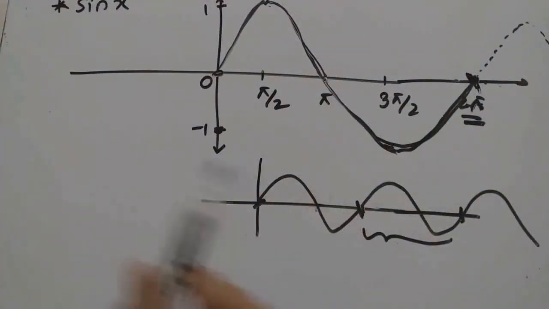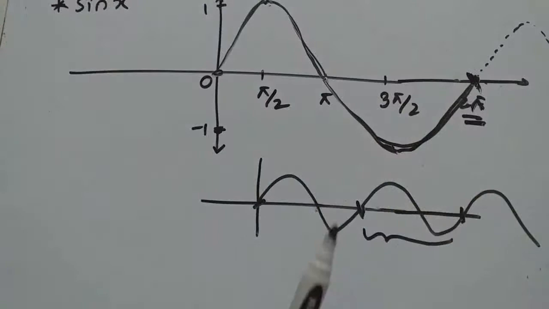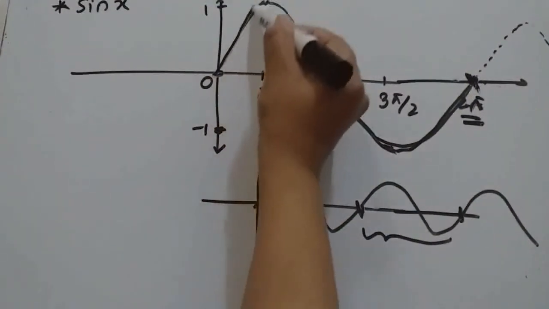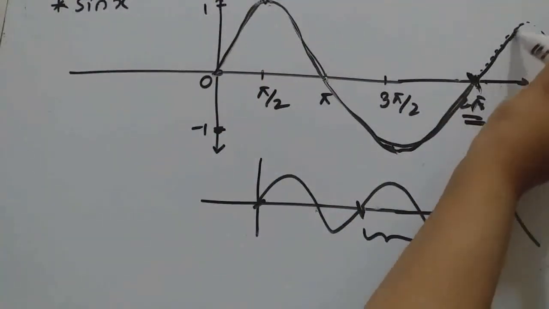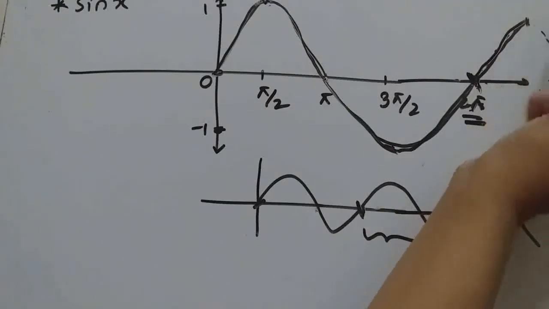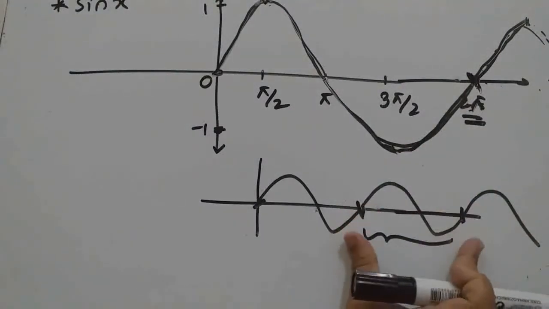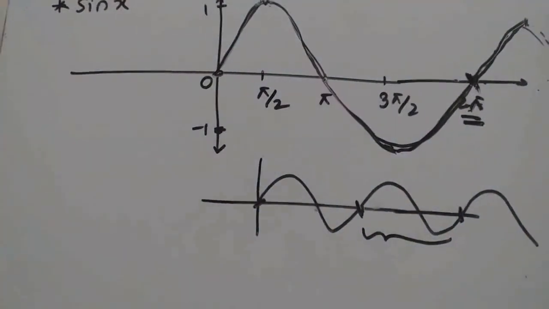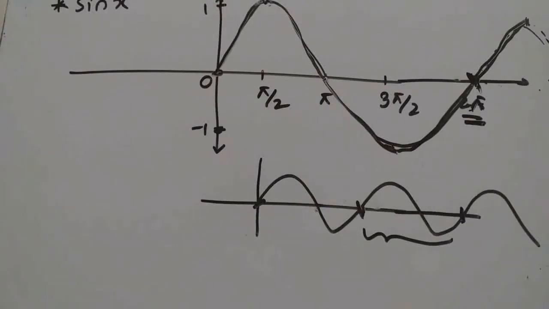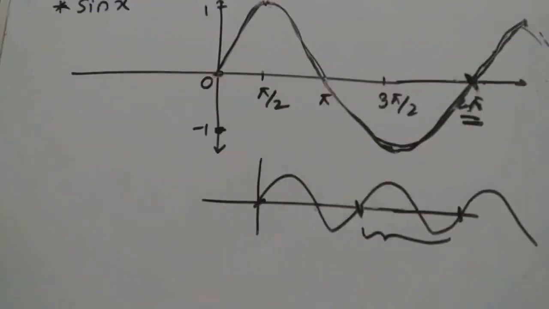That means we can say sin x is periodic in nature and its values repeat at the interval of 2 pi. See here, again we can say from 2 pi to the next value it is increasing from 0 to 1, then decreasing from 1 to 0, like that it will be the same. So sin x is periodic in nature. A periodic function means a function which repeats itself after some interval. So the interval for sin x is 0 to 2 pi.